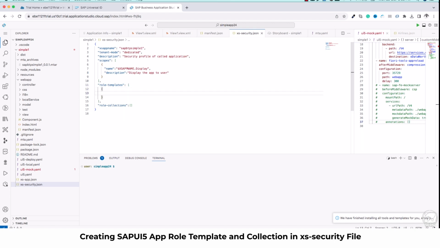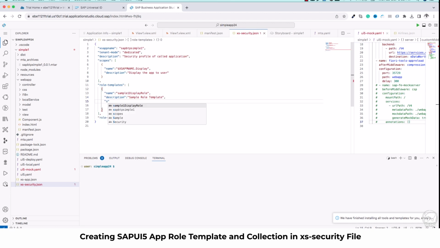So to start creating the first role, I can create an object, and then I can say what is the name here, and the name is sample display role. So this is the name which I can provide, or sample one display role. And then I have to provide a description, and I can say sample, just closing this description string, sample role template,